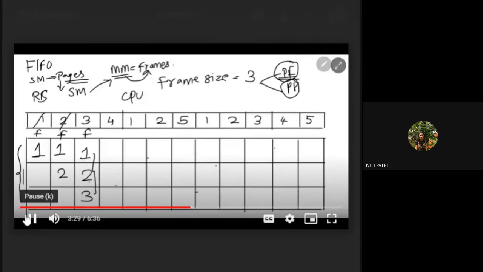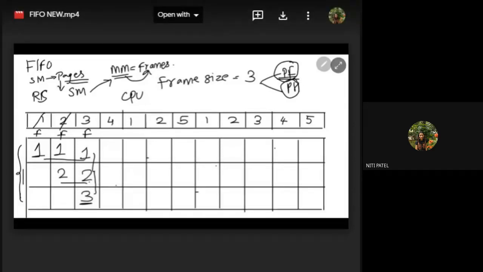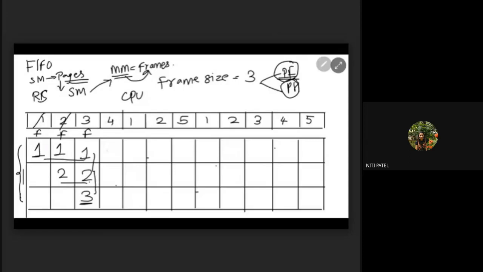The occurrence. Check the occurrence means count the occurrence. For example, the occurrence of 1 is 3, the occurrence of 2 is 2, and the occurrence of 3 is 1. Whichever has occurred more times, you replace that. So we go with the second method, counting the occurrence. To add 4, since 1 has occurred many times, replace this 1 with 4 and copy 2 and 3 as it is.